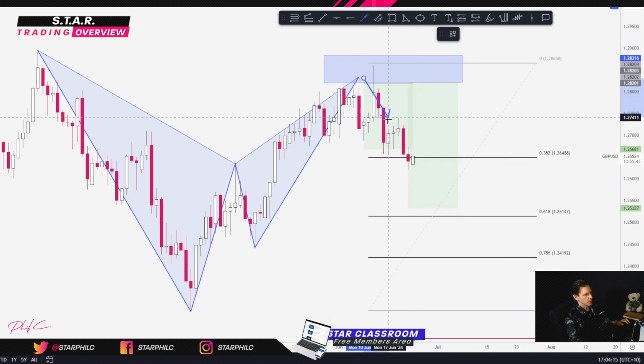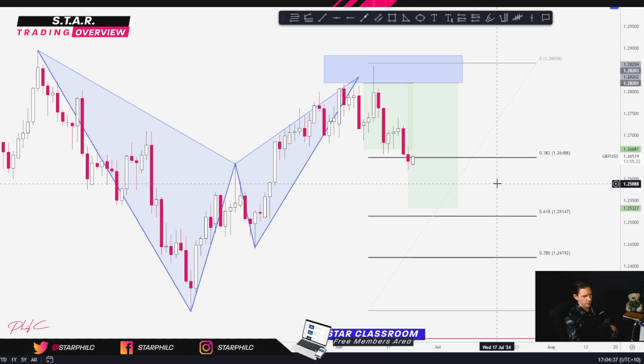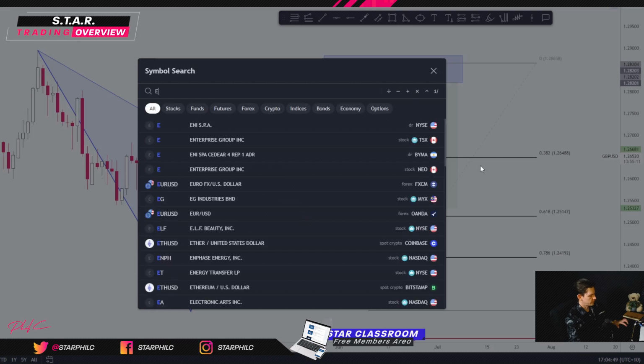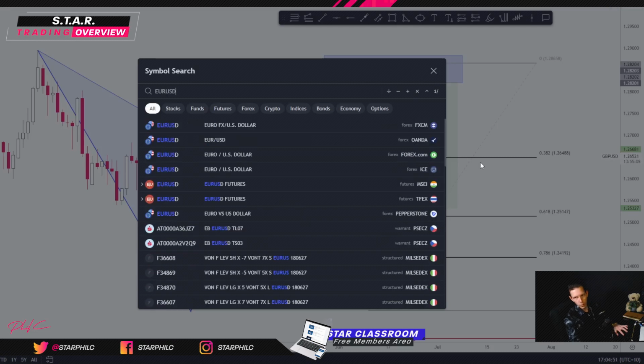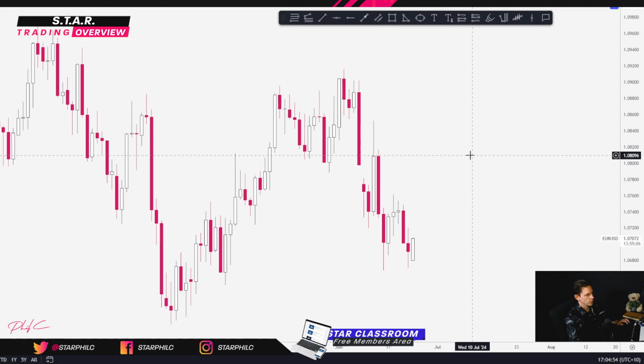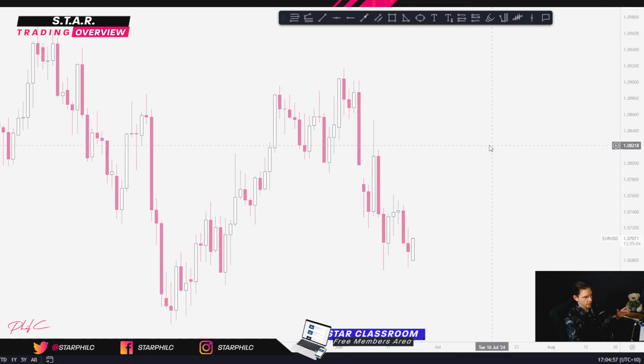Yes, price action comes down, hits target 1, you take off half of the contract, roll stops to break even, and then we're trying to look for a move down into our 618 right there. So target 1 and target 2. Target 1 at the 382, target 2 at the 618. That's the trade management rules for the pattern trades. And currently this one is playing out beautifully. Yes it is. So back over to, let's switch back to the euro dollar here and back to the 4-hour